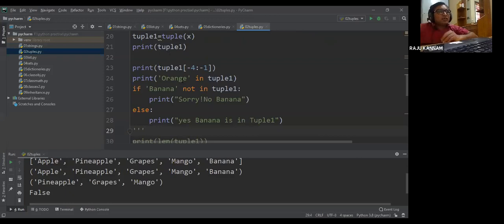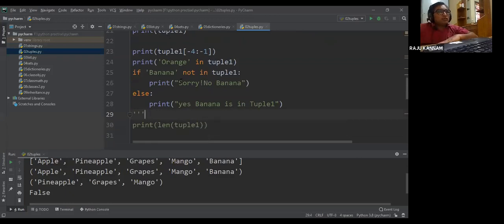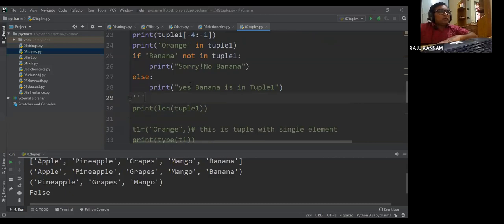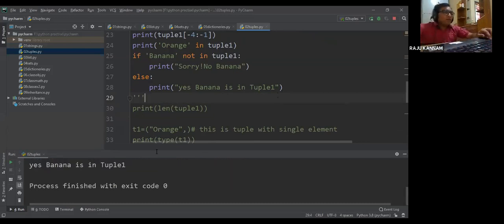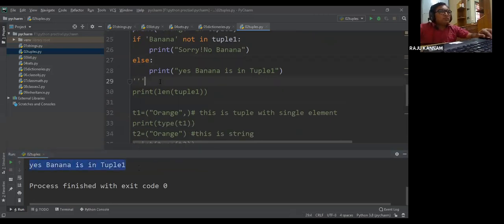That's the reason I'm including all those things. So the answer is: yes, banana is in tuple 1. Clear?